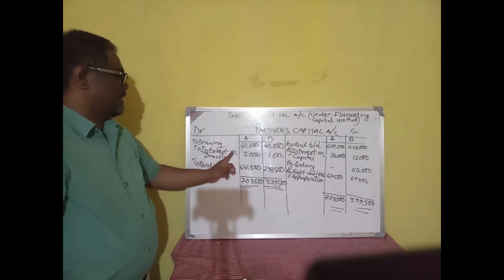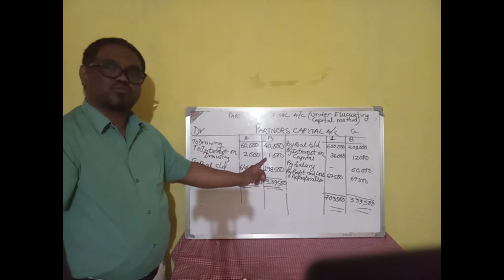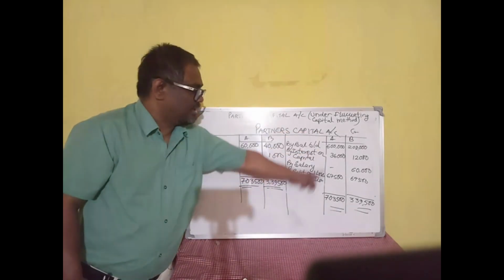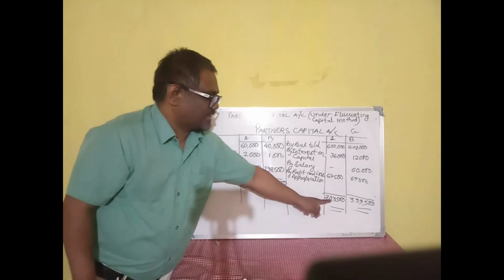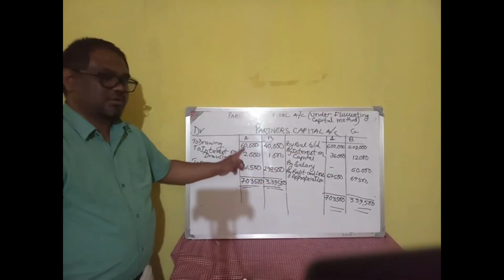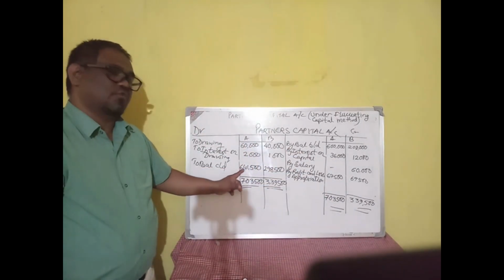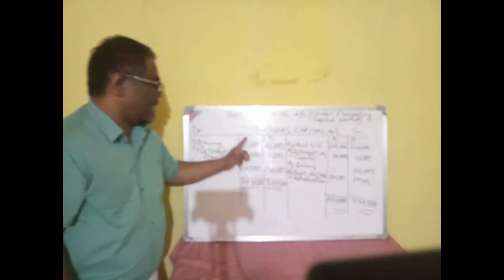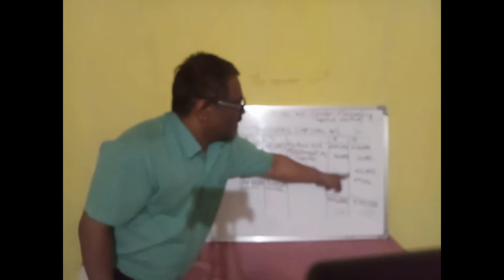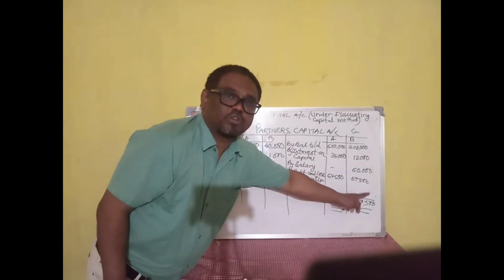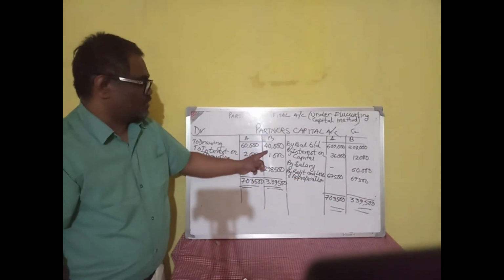A's interest on drawings is 2,000 and B's interest on drawings is 1,000. So for A, credit minus debit: 7,03,500 minus 62,000, we get 6,41,500. So credit total minus debit total. Now for B also, credit total is 3,39,500 minus 41,000, we get